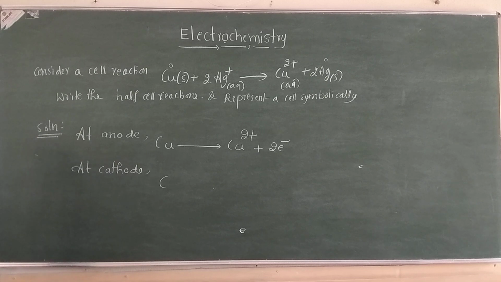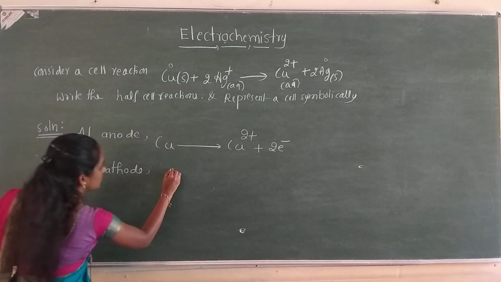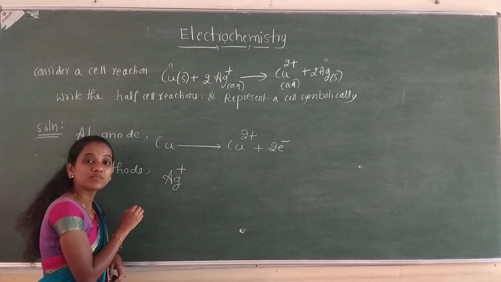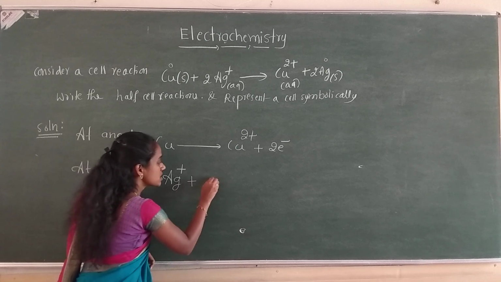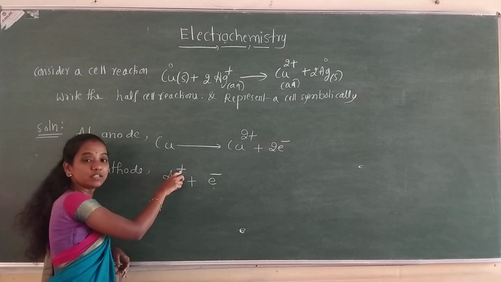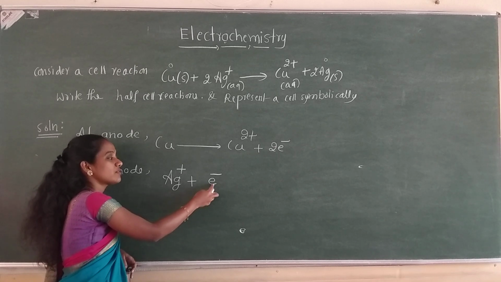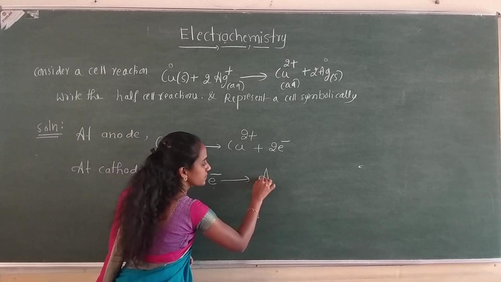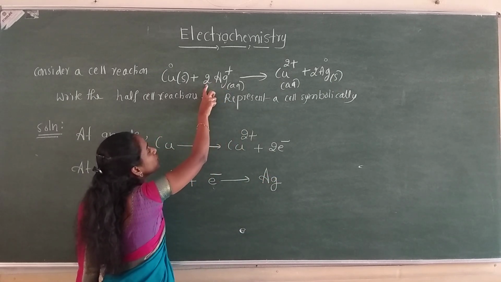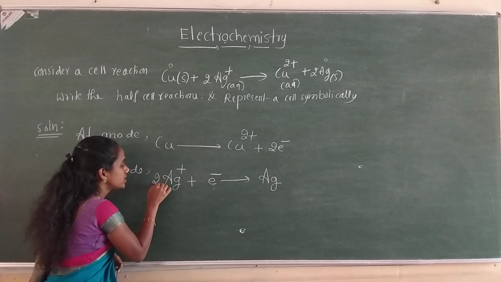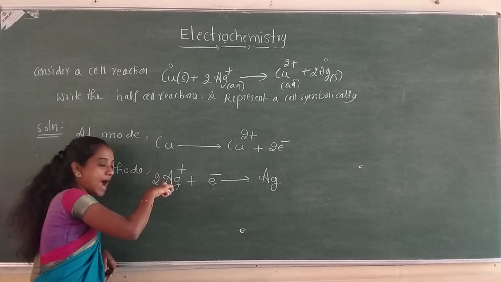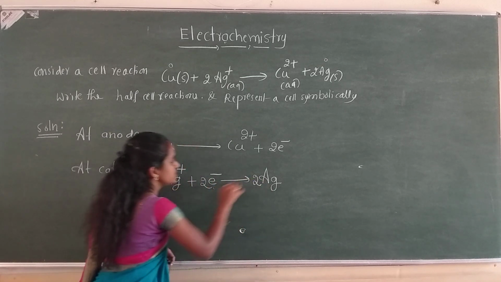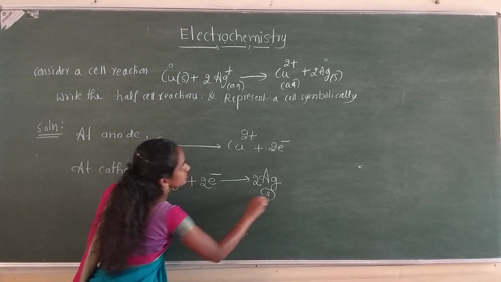So now let us write the reduction reaction. Ag plus. Reduction means, in terms of electrons, an addition of electrons, 1 electron. So Ag plus has a deficiency of 1 electron, for that we introduce 1 electron. As a result, Ag plus gets reduced to Ag. But in the reaction there are 2 Ag plus ions, so let us write 2 Ag plus. There are 2 silver ions, for that we need 2 electrons. So it will form 2 Ag.